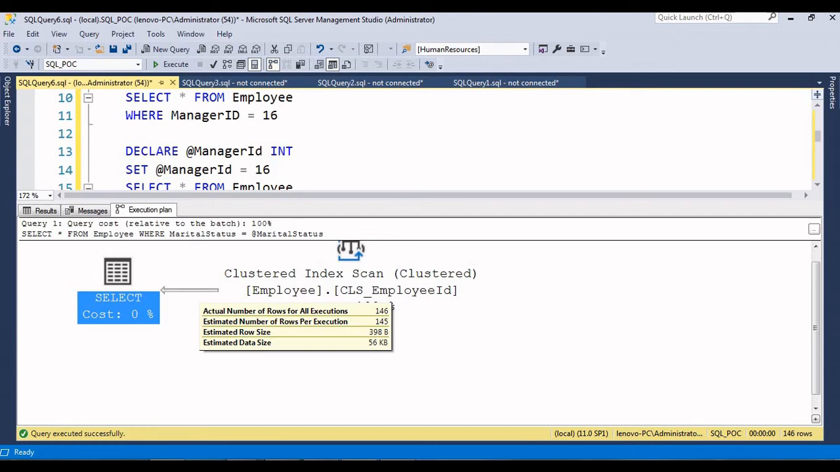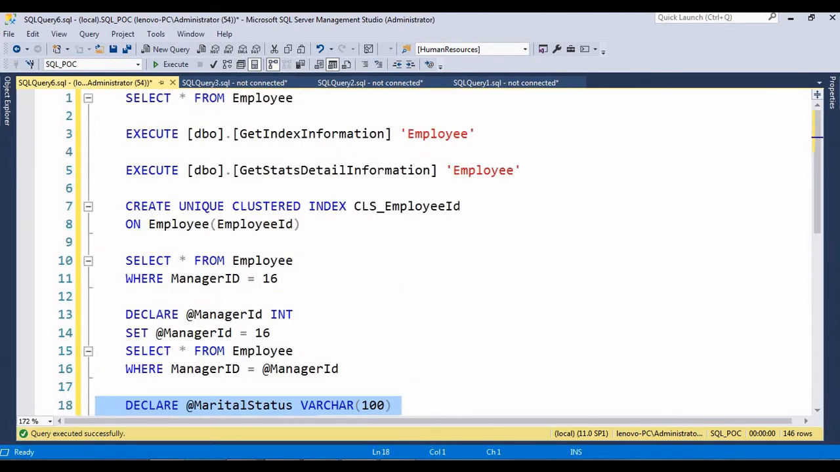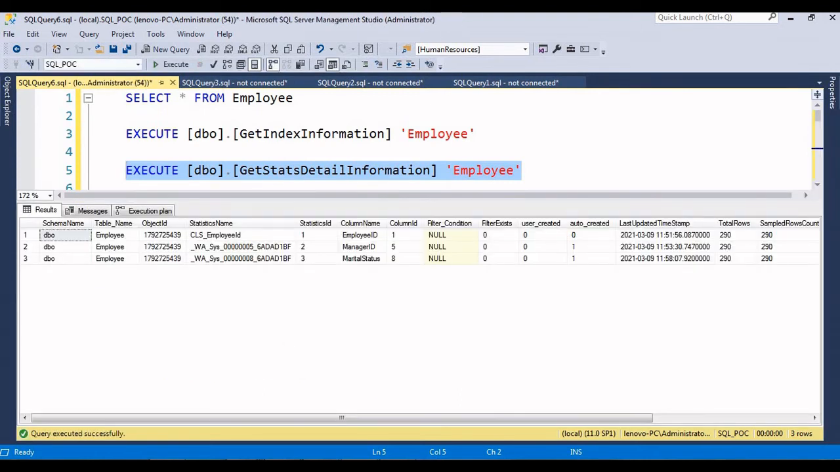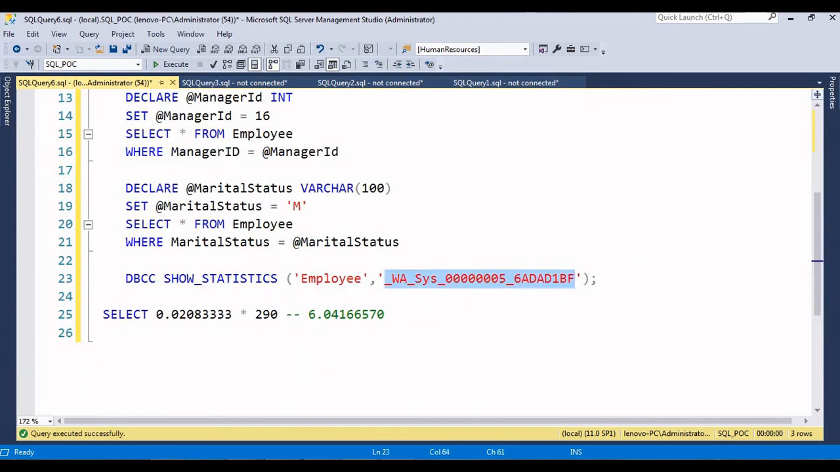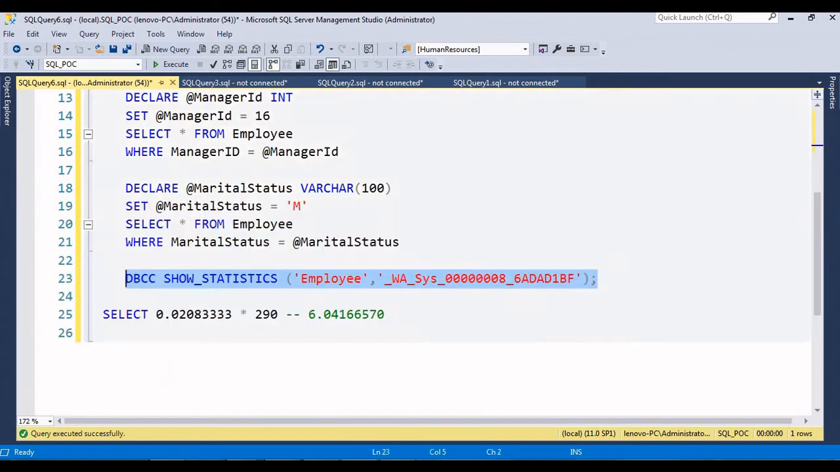Now we'll find how to find the 145. So okay, now we'll go to the statistics. So by executing this procedure, we'll get all the statistics that have been created for the employee table. Just execute it. Now you can see, right? Take this statistics name, just paste it here and try to execute it. So we got the number of steps as 2 because male and female. Okay, and take the 0.5 all density,